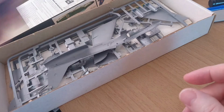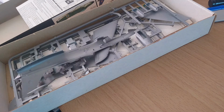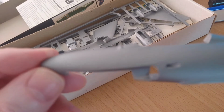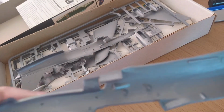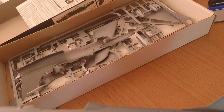Now then, I'm going to show you one of these fuselage halves because I don't think you need to see both of them. They're pretty much mirror images of each other. But I do want to show you something which I found was interesting with this kit. You've got quite a lot of raised panel lines, but they're very faint. As I said before, they are very faint. There's no cockpit detail on the interior for the side panels, so you could super detail that if you wanted to. But, and here's the shocker,